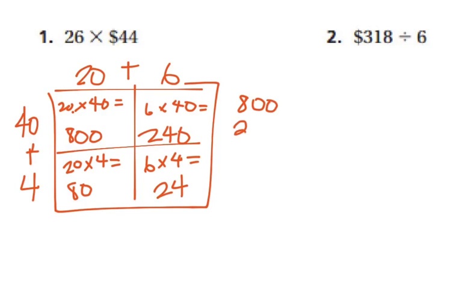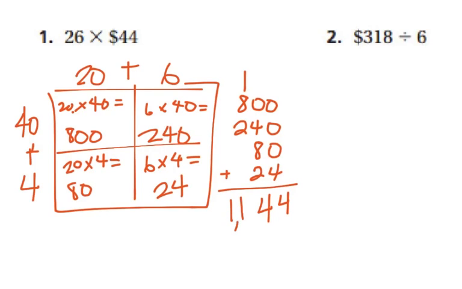800 plus 240 plus 80 plus 24. Right, I start on the right, and 0 plus 0 plus 0 plus 4 is 4. 0 plus 4 is 4. 4 plus 8 is 12. 12 plus 2 is 14. Carry my 1. 1 plus 8 is 9. 9 plus 2 is 11. So I'd get